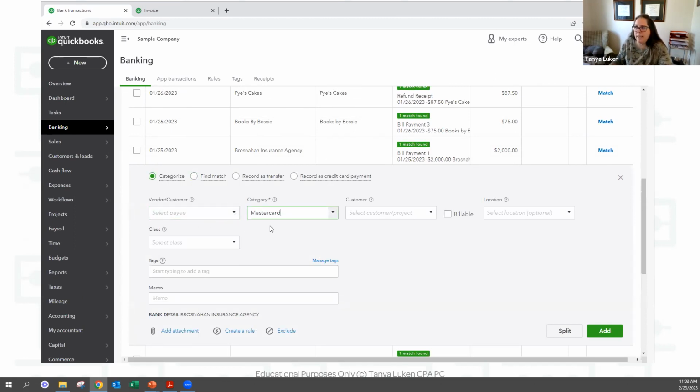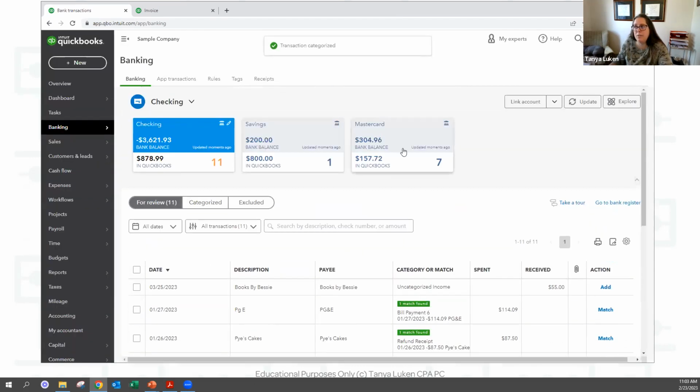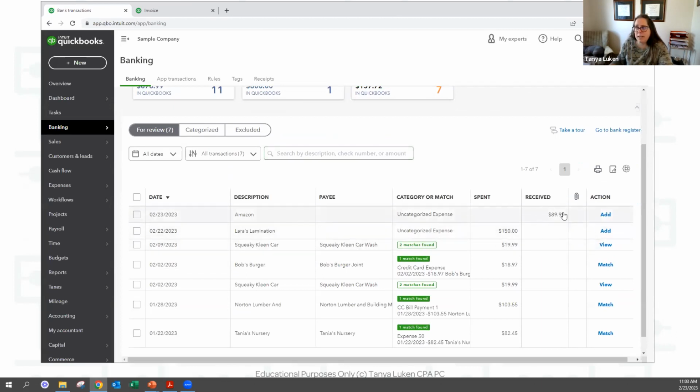So you would pick that we're paying $2,000 to your MasterCard and you would add it that way. So I'm adding it in my checking account. And then when I go to my MasterCard account, I would see a received money for $2,000 and I should see this green match was found.